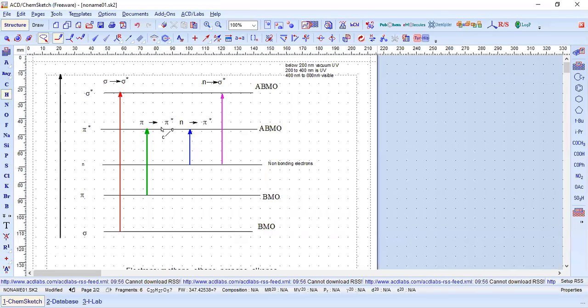See that in order to understand these concepts, we first have to understand quantum chemistry. If you understand quantum chemistry, we can understand these things. Okay, these are the electronic transitions, four types: sigma to sigma star, n to sigma star, n to pi star, and pi to pi star. Okay, with this